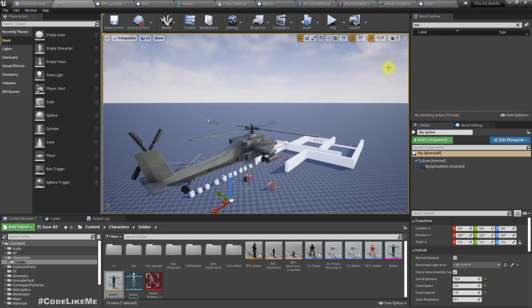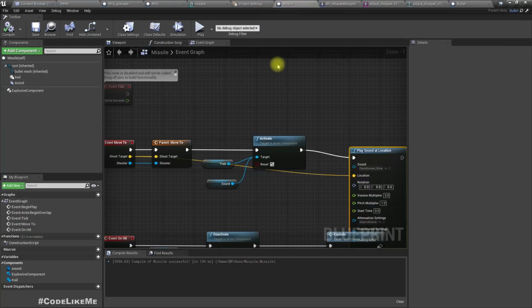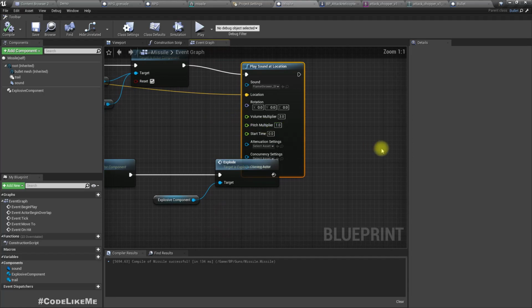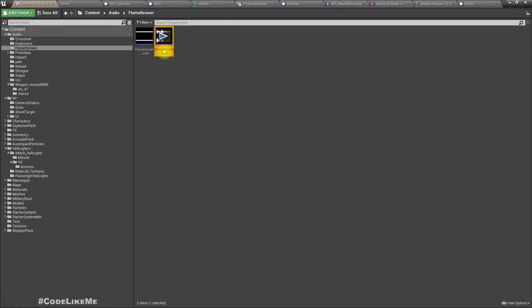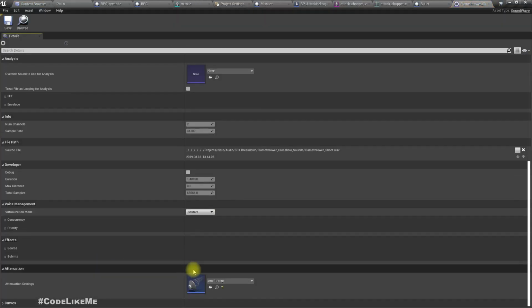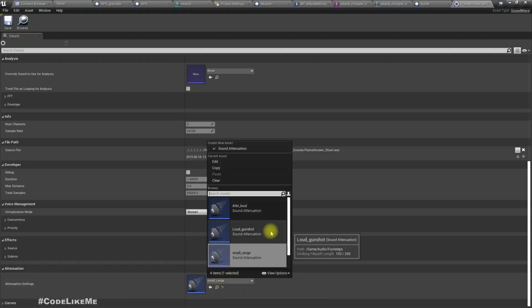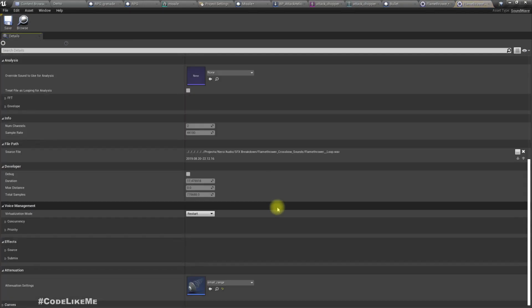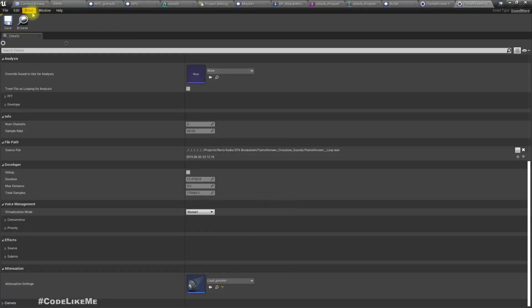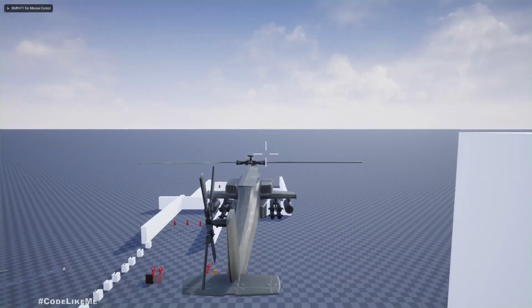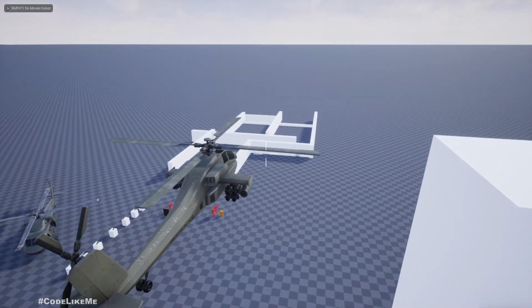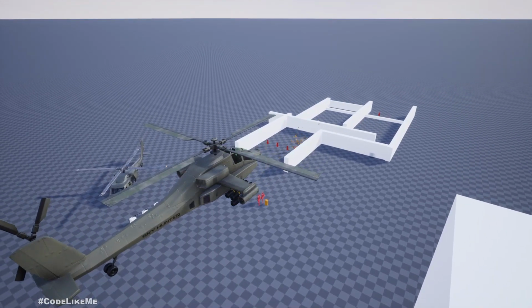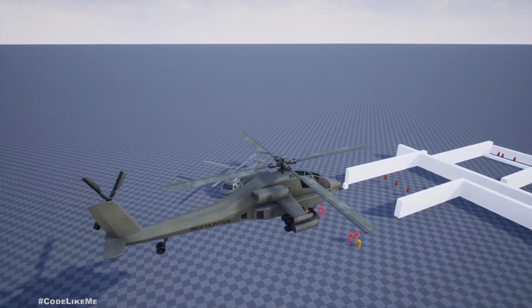I didn't really hear the sound. Let's check the attenuation setting. Oh, it's a small range. Should be high range. Constant range should be fine. Okay,